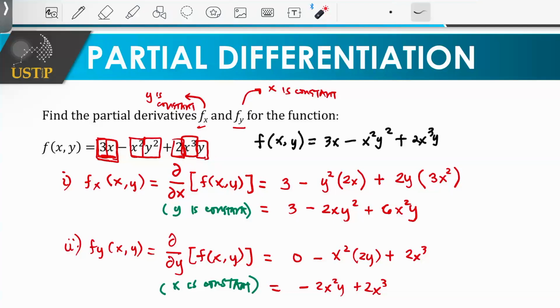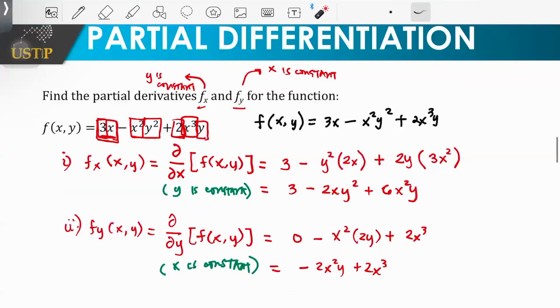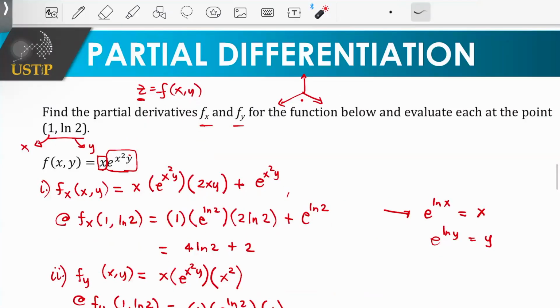Now, take note ganyan class, this is very important sa differential equation. Yeah, this is very useful in your partial differentiation. Okay, next. Let's get the partial derivatives f sub x, f sub y for the function below and evaluate each at the point 1, ln 2. Okay. So after getting the partial derivatives, ato na yung substitute ang ato ang value. Okay, we are given,